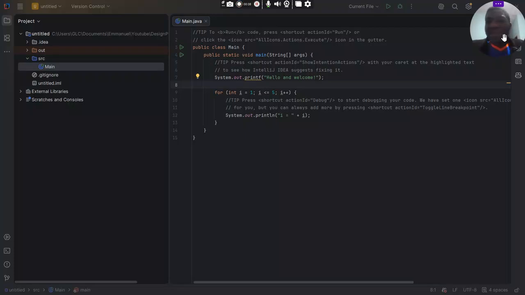In the creational pattern, there are 5 design patterns in it. There is the Singleton pattern 1, there is the factory pattern 2, there is the abstract factory pattern 3, there is the builder pattern 4, and the prototype pattern 5. Each of these patterns solve a unique problem in creating classes, which we are going to see in the next 5 videos. That said, today we are going to be kicking off with